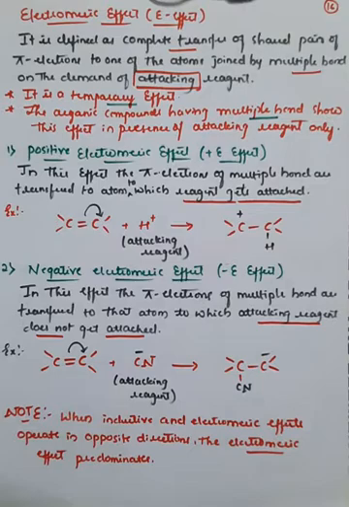So today we have discussed three important effects in molecules. First one is called the inductive effect. In that two are there: plus I effect and minus I effect. Second one is called the resonance effect. In that also we have seen two, minus R effect as well as plus R effect. And the third important effect is called the electromeric effect. In that also we have seen two, that is plus E effect and minus E effect. So this is very important for the prediction of different kinds of effects in given molecules.